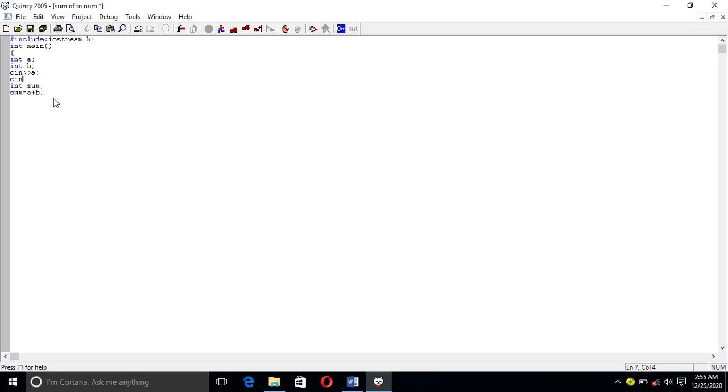Cin, greater than, then b, to accept b, semicolon. After that, to display, cout, then the less than operator, then open quote. So the sum of a and b